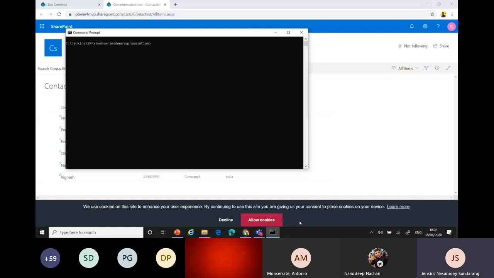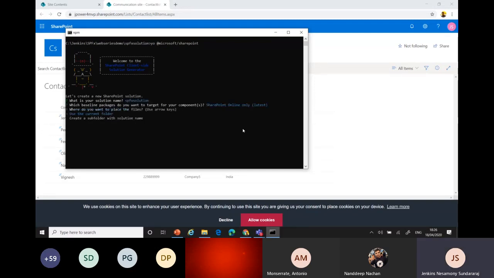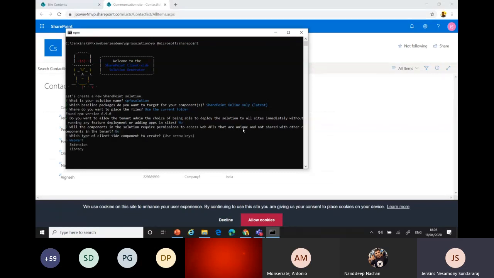Okay. And now I'm going to create a new web part here. I think everyone knows that. It's just creating the new web part. I'm giving the same solution name, SPFX solution, and the only part is the current folder. I say no because I don't want to deploy from that level, and API is no, and it says the web part.